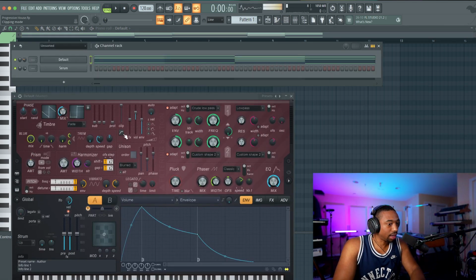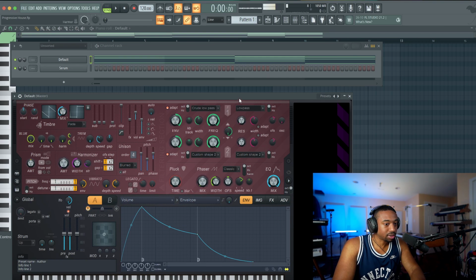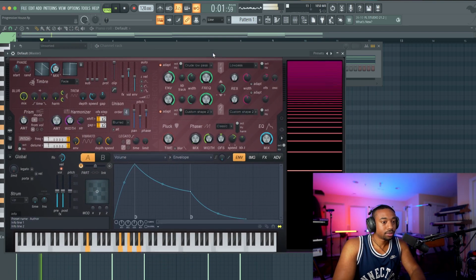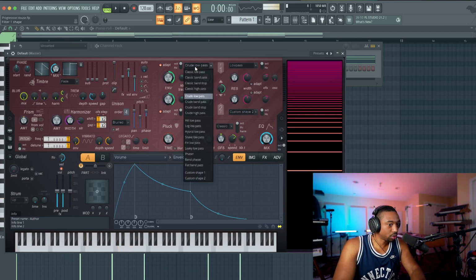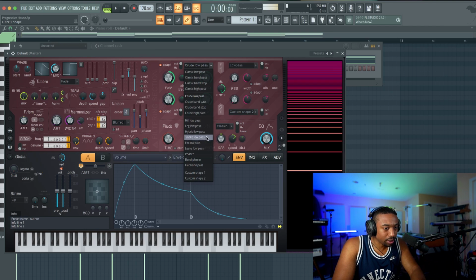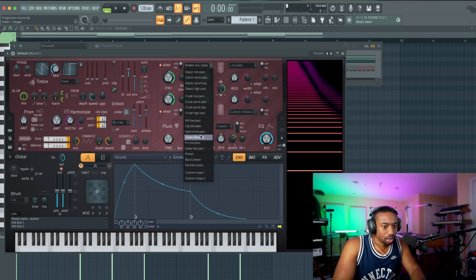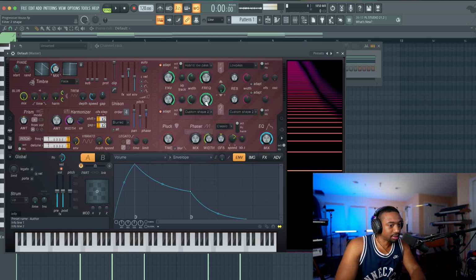Firstly, we're just gonna add unison here, the order amount. Let's turn this up to at least 4. And you can click this little eyeball to see the waveform, the harmonics to the right. And the main thing here is a filter. So we're gonna add this crude low pass. You can switch out the type of low pass. They have different ones. Snake low pass, which is not a full low pass. It looks like it has certain frequencies missing.